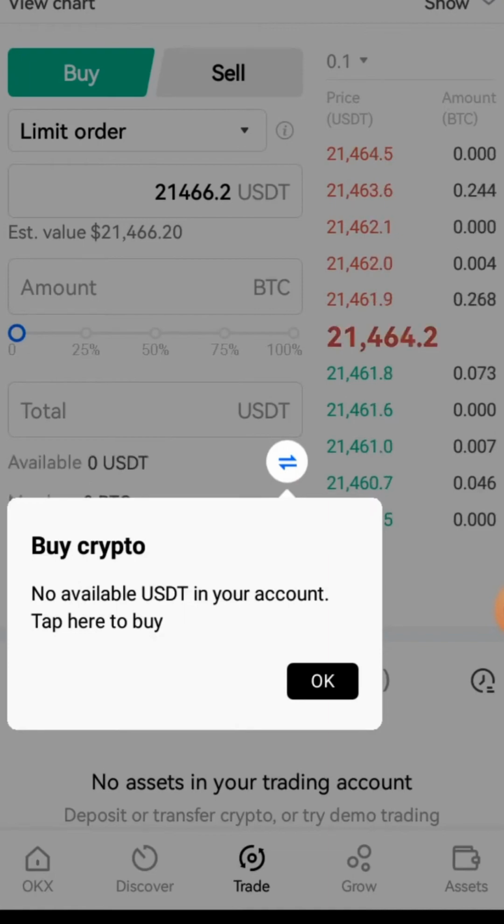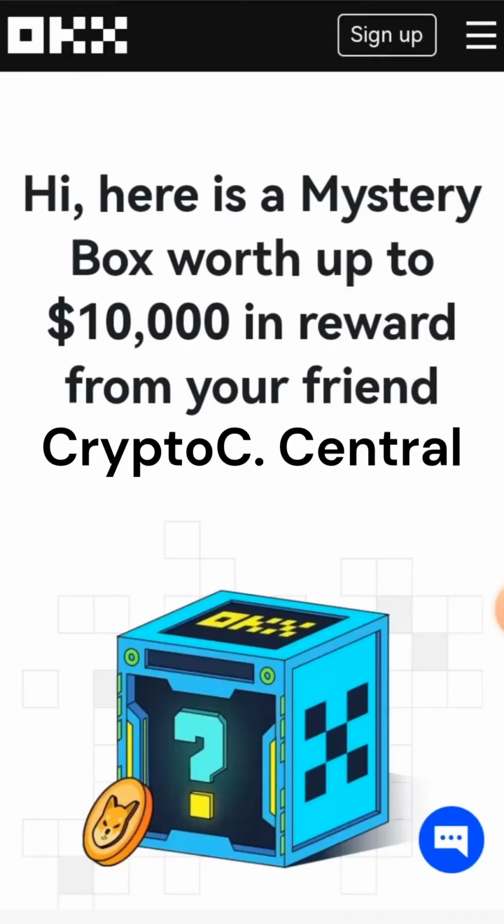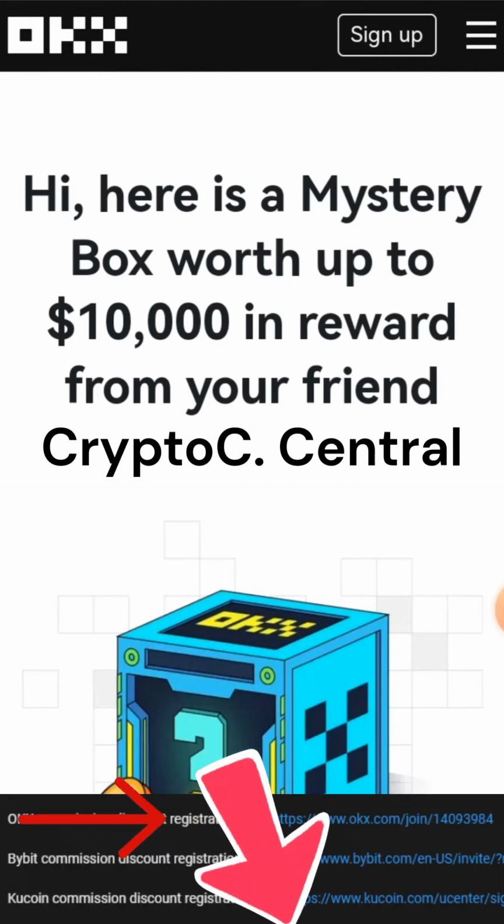Step 1. Open an account on OKX Crypto Exchange. To open an account on the OKX Cryptocurrency Exchange, you need to click on the Register button located in the